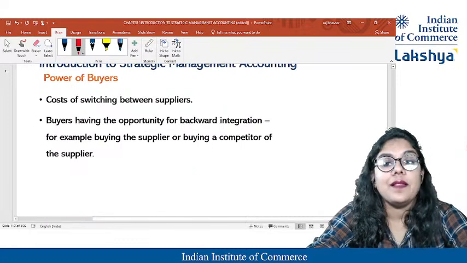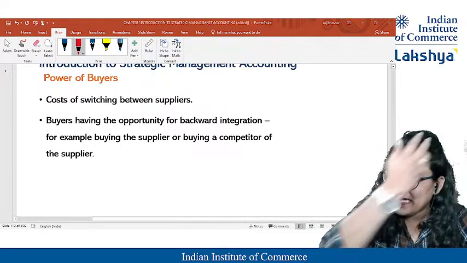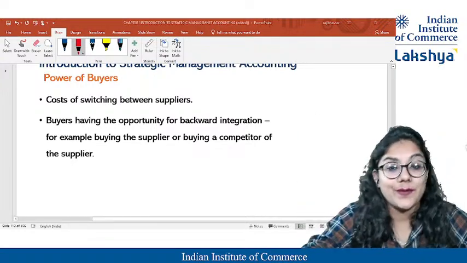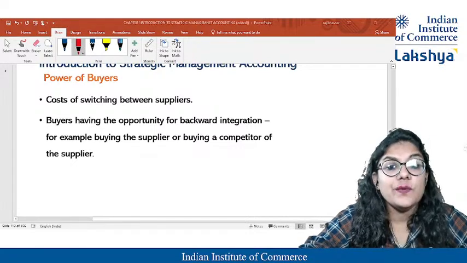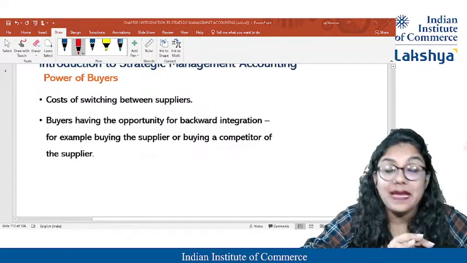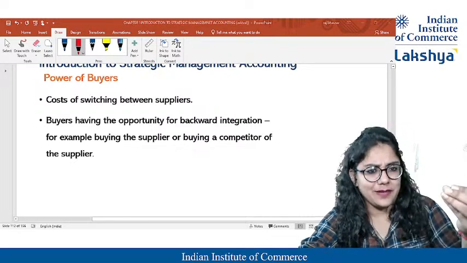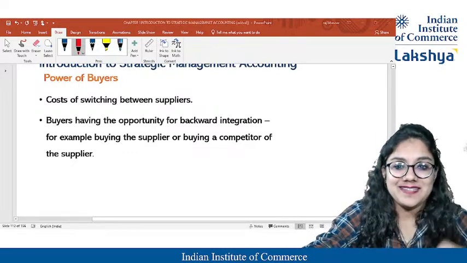Okay, then we know that if I'm purchasing from this supplier, I'll very rarely go to purchase through some other supplier. Why? Cost of switching between suppliers is difficult. Along with that, I may have trust issues, or I may already have a good relation with the supplier, so I may not end up going to some other party. So even that could be a scenario.